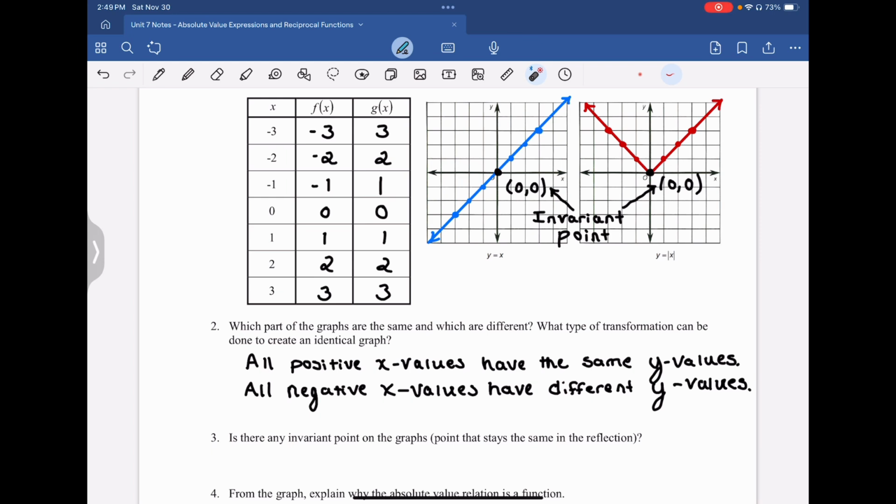In this situation, the transformations that can be done are we take all of our negative values and we make them the absolute values of this, but we're going to just leave it at this. Is there any invariant points on the graph? Points that stay the same in the reflection? Again, we could make an argument that all of this stuff here on the right-hand side stayed the exact same. So realistically, if you listed these as invariant points, it wouldn't really necessarily be wrong. Maybe we make a note about that, but the major one we want to make a note about is the